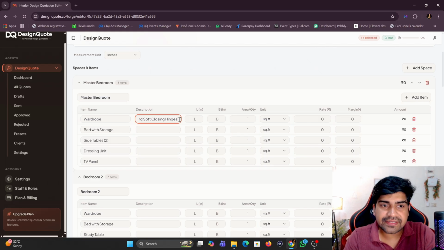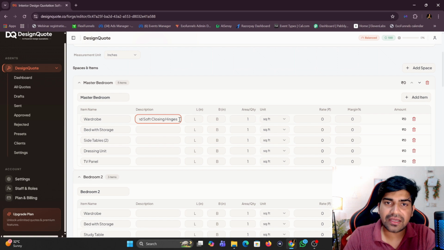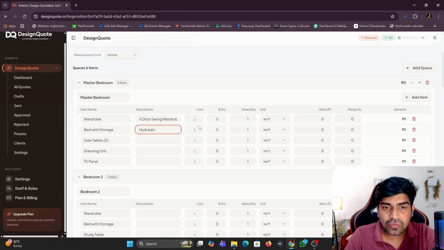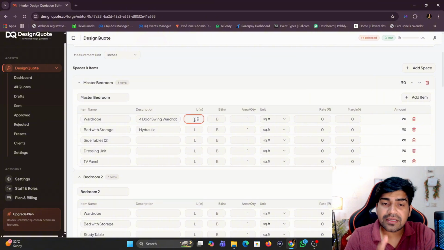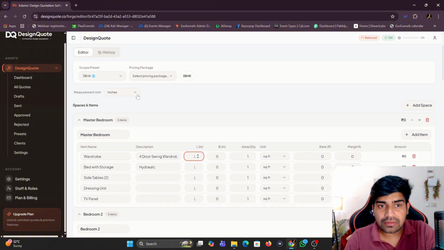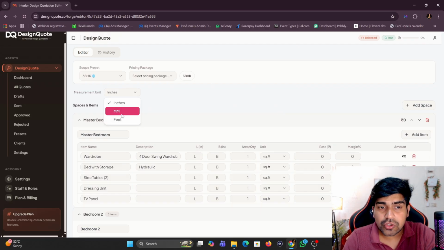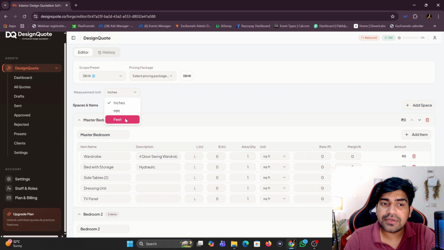And suppose it's a sliding wardrobe, or whatever details you add according to your needs. For tiling work, you are giving the specification of the work, or anything like a bed with storage, like a hydraulic bed, and whatever you want to add. You can also choose whether to put all the measurements in inches or in feet. It will automatically get calculated into the area, and you don't have to calculate it yourself. So suppose I am putting it in feet,